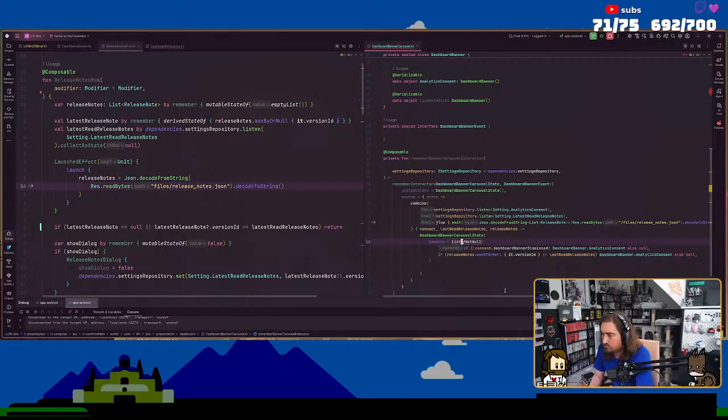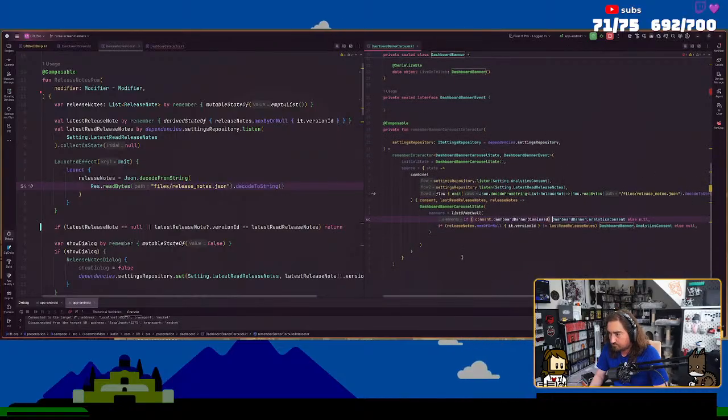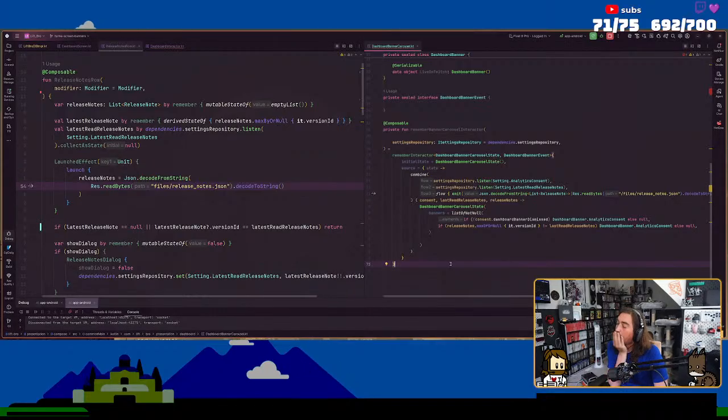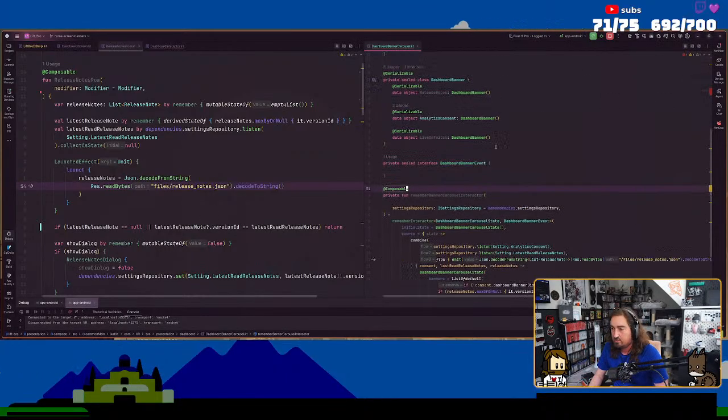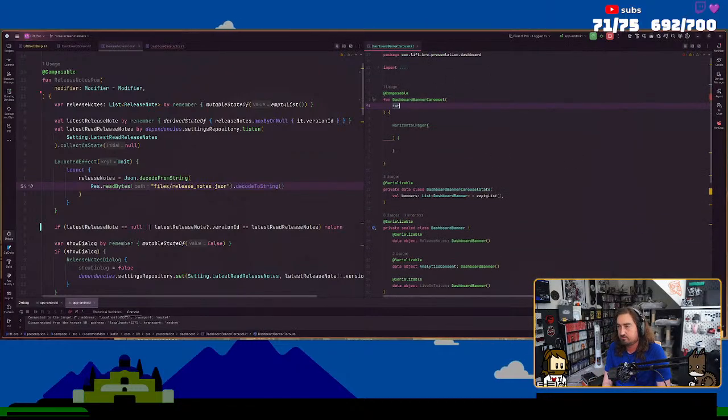Can I just like loop over when? No. Because I don't know like what release note, I don't know which state I'm in. So yeah, this is ugly, but you know. I could also just make like an extension function like if or null. Right? Which could be fun, but all right, let's get back to this, because now we have our interactor.